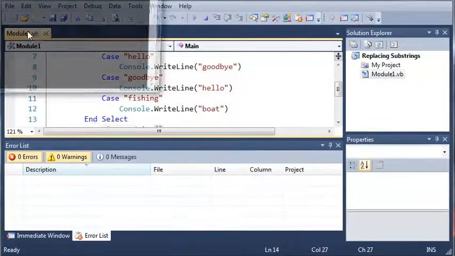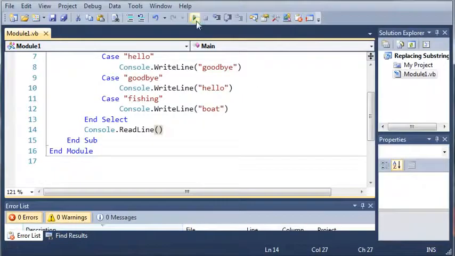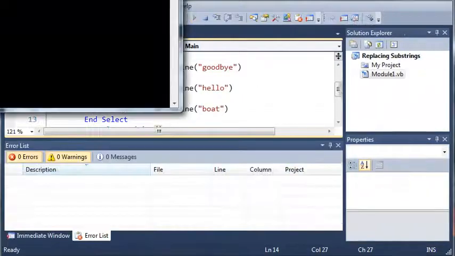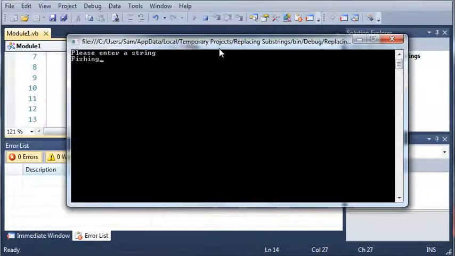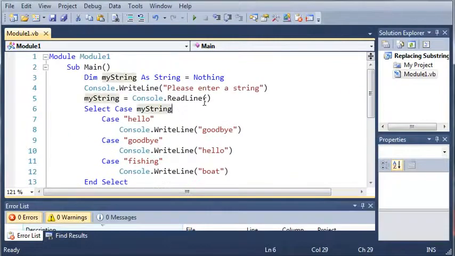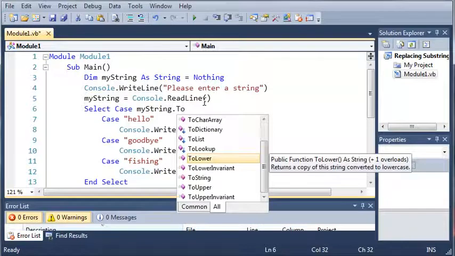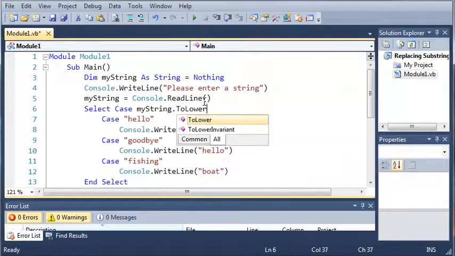So let's go ahead and run this, and if we type fishing, it's going to say boat. But we have one problem with this. If we type fishing with a capital F, it's not going to give us anything. So what we need to do is make this case insensitive. So to do this, we're just going to type myString.ToLower,